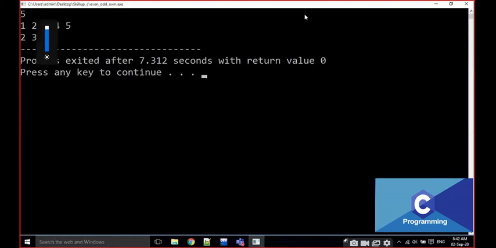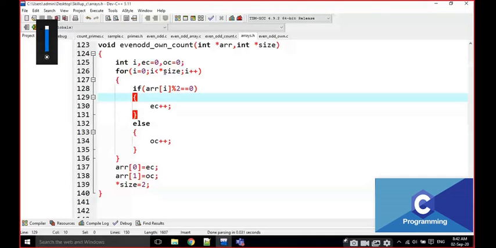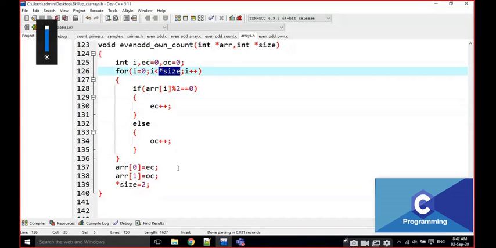Same thing, the same thing we are going to be working. What is the mistake in this? I am writing here size. I have to write *size, not size. Size is the address, *size is the value at that address. That's why we have to make a small change here. Instead of size, I have to write *size. *size is the value, size is the address. That is the mistake. Just note it down, everyone. Just note it down, the main function.